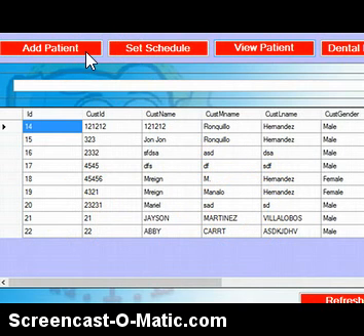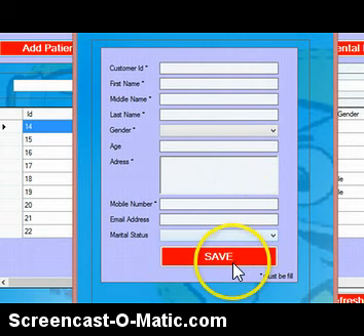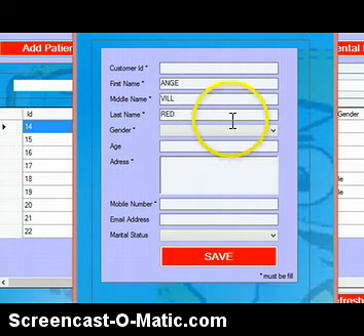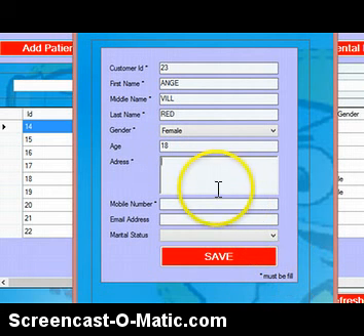So if you want to add, just click add and type the information and then save. So I will click the name here for an example. Since the customer ID rather is 22, so we will work with that here. So we put 23. I just filled in all the necessary information. So take note, the asterisk must be filled completely.